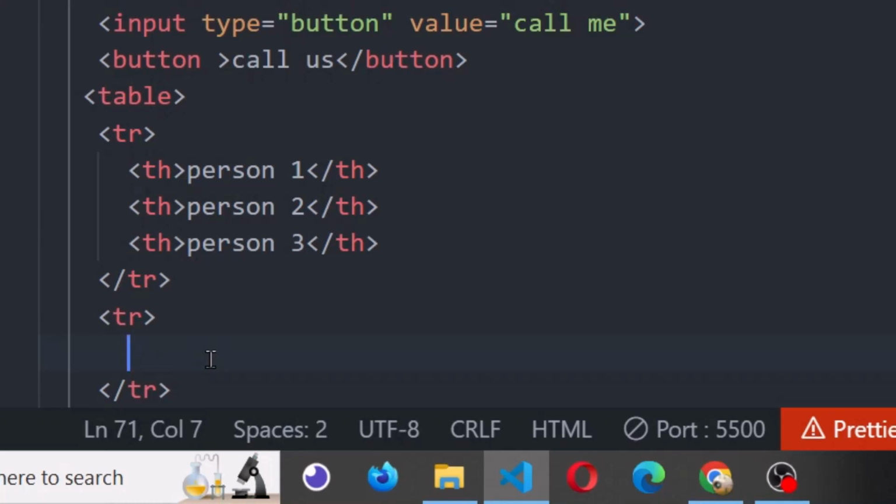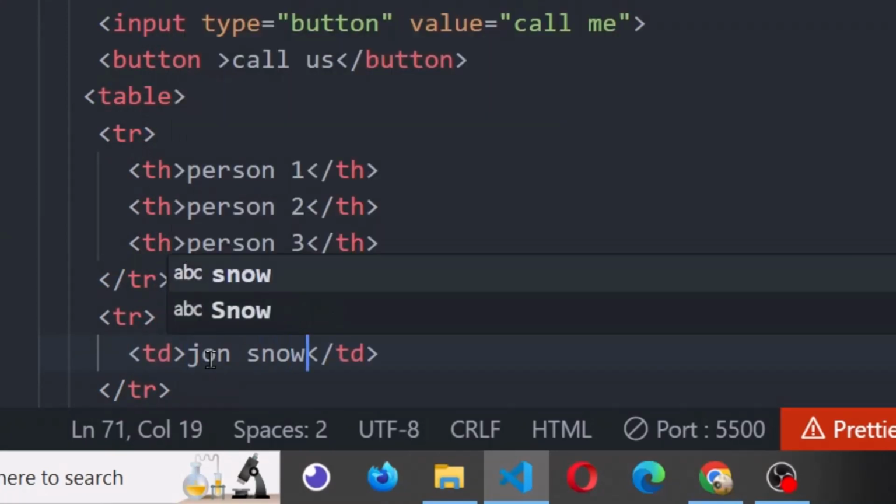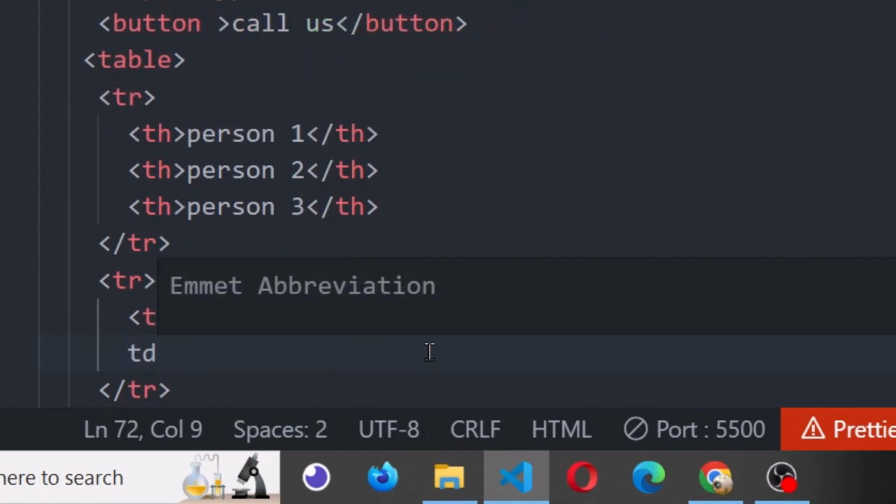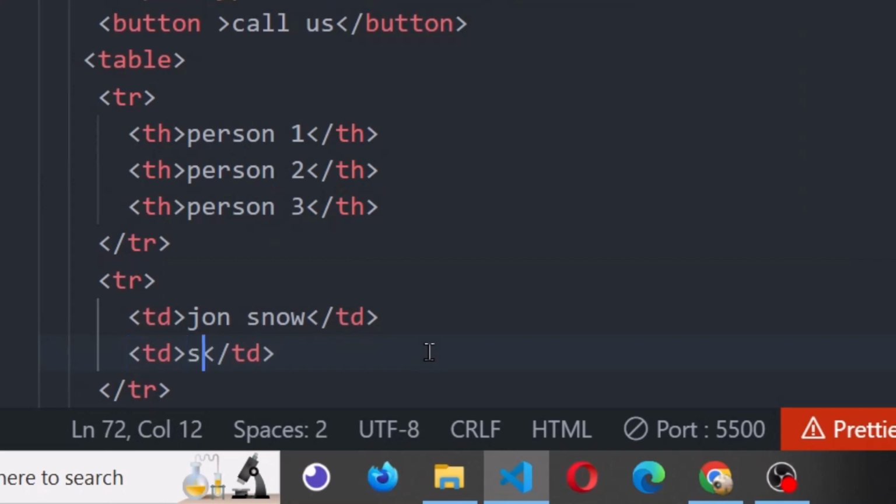Because I have 3 table headers, each table row should have 3 cells. I'll create the first table data and set it to Jon Snow. I'll create another table data and say Sansa Stark, and another one for